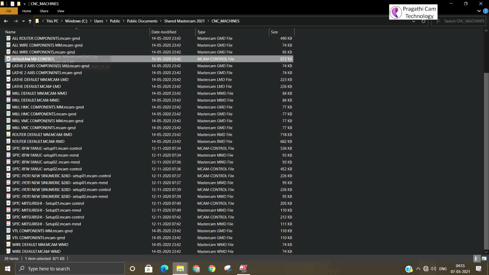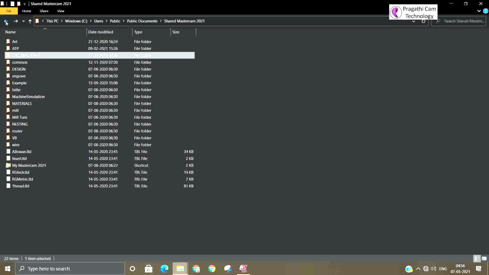So when you take the machine definition, that default control definition will load automatically. You can customize the post processor for your machine. At that time, the control definition, machine definition and post processor file will all be made separately. So this is the file path for the control definition and machine definition.